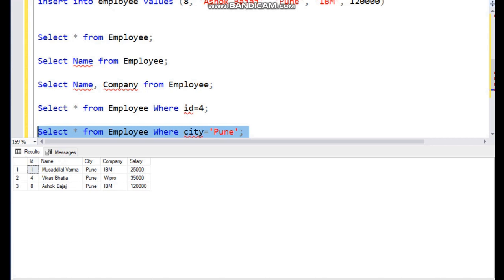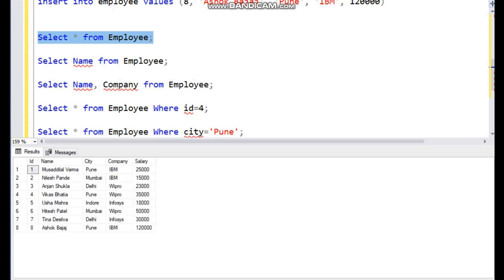So we have 3 employees who live in Pune city. Understood this? Now if you want employees who live in Pune city and work in IBM, there are 2 conditions now. City should be Pune and company should be IBM. The AND clause is there, so the query will be